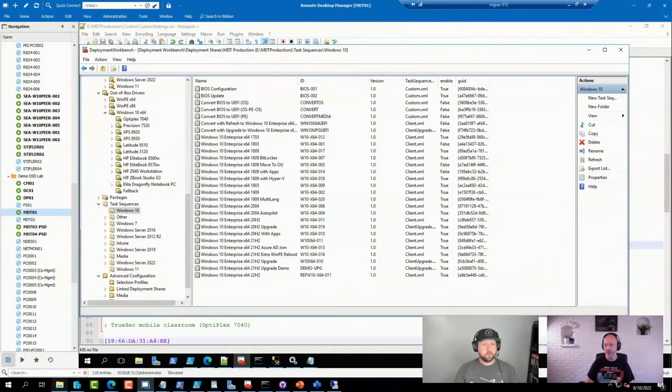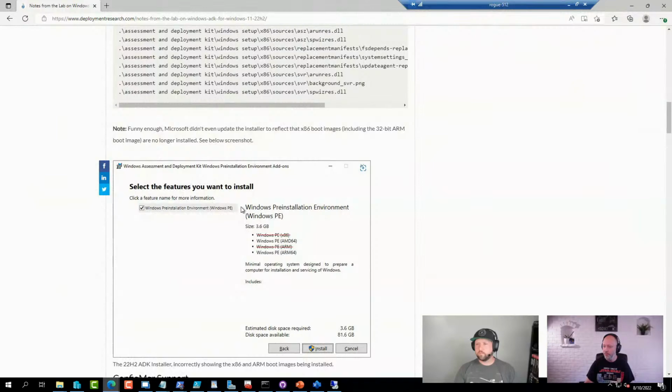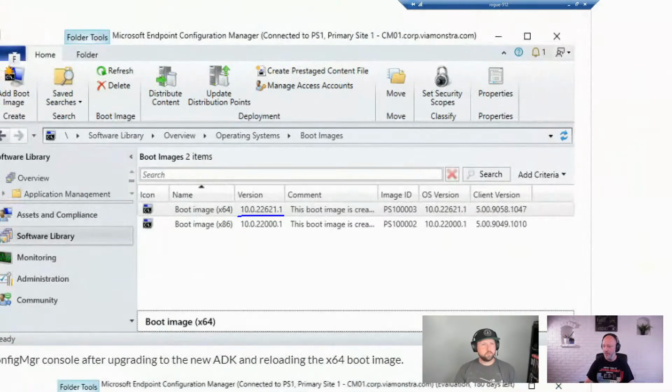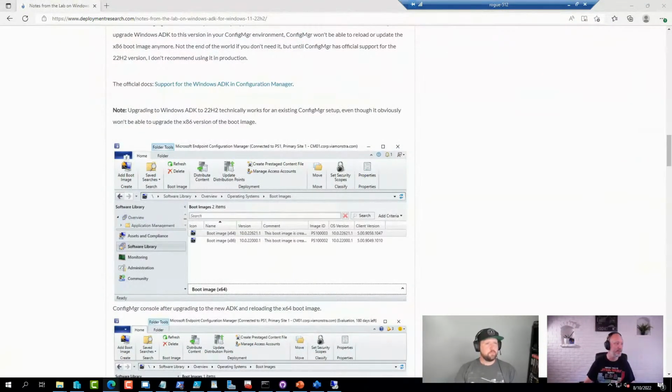So the build for this one, to follow up on another comment that came in through YouTube, the build number is, let's see why I put it here. It's a little bit hard to see, but this is the build number for 22H2, but this is the one you want to be on still. This one here. So, all right.